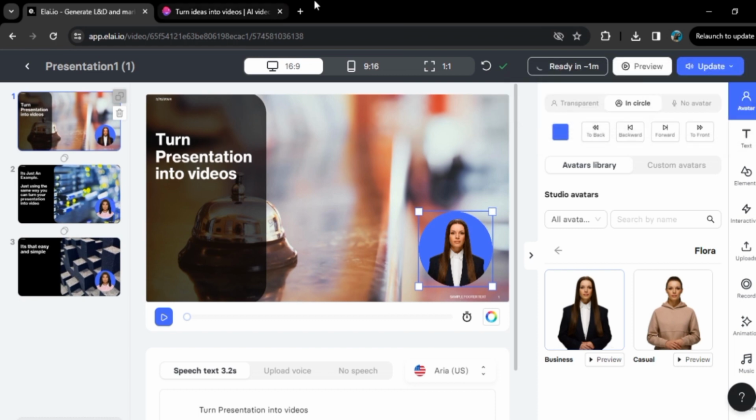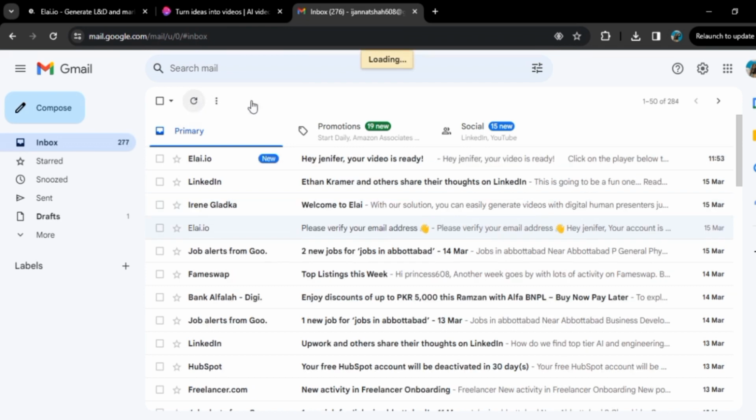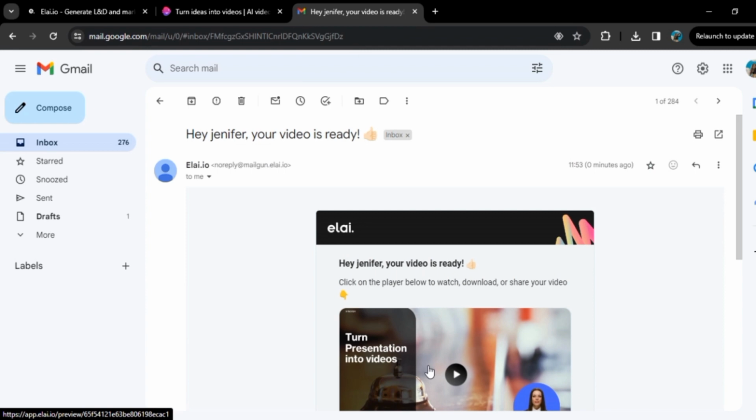So for that, firstly, let's open our Gmail here. Now here you need to refresh your Gmail and there we received an email from LI. Open it and there your video is ready. Click on it and a new tab will open. Here it will take a few seconds to load